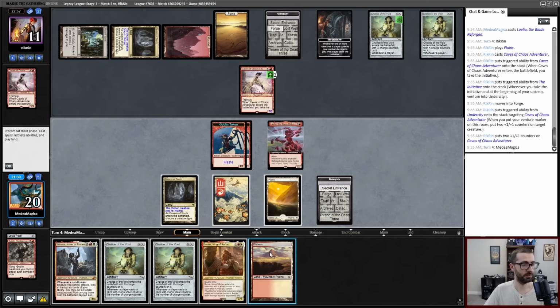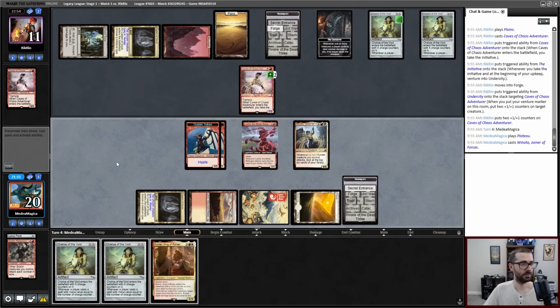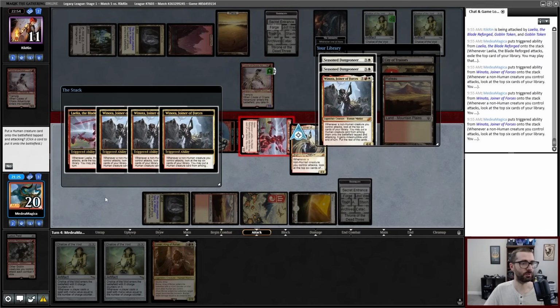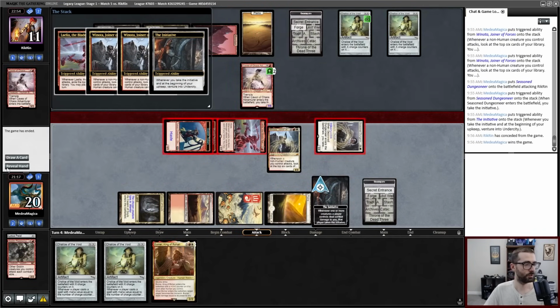Let's try to win the game, huh? Make a blue mana just to scare them. No Solitude, please? No Solitude. Alright. Winota triggers X3. Seasoned Dungeoneer. I will go to...